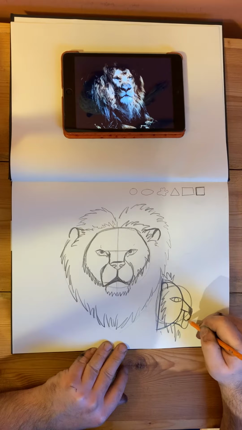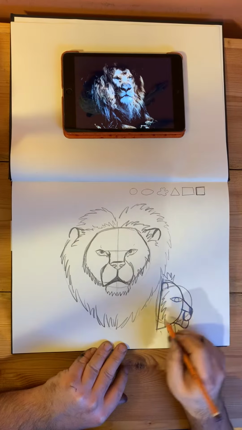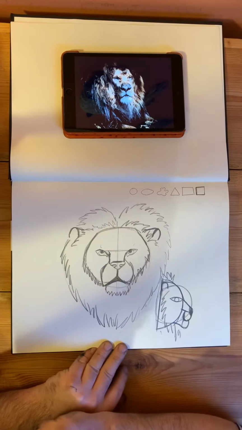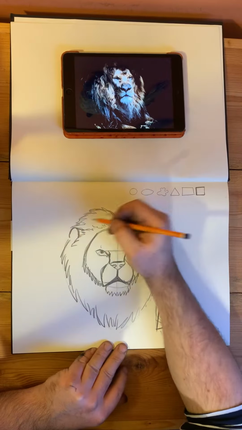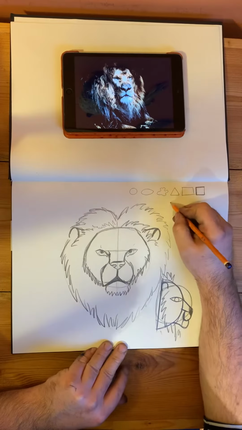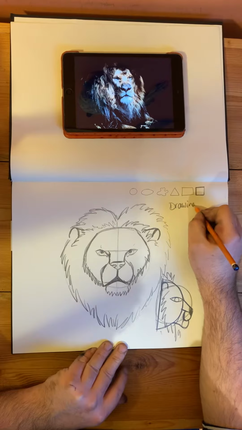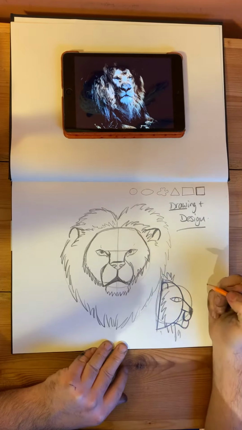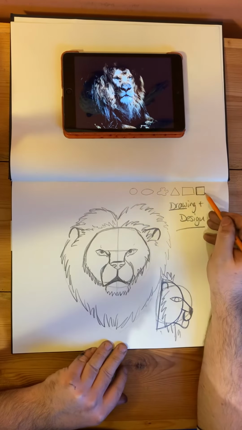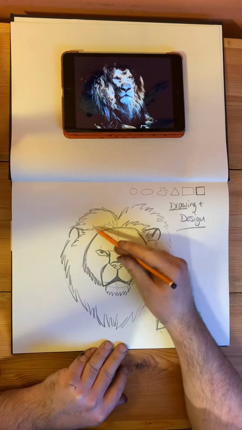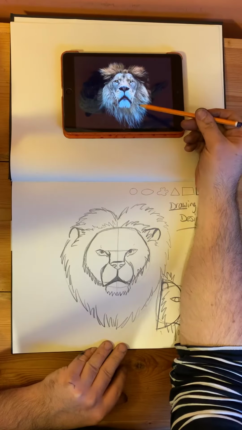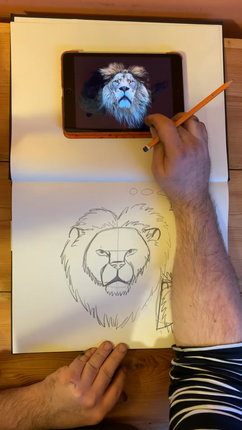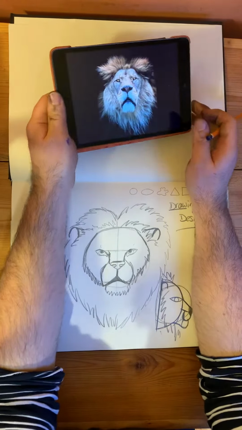So my animal head that I'm going to make will have projecting going up, sideways, and all around. Okay, so there is my drawing and design done. So I have used my very simple shapes to try and draw what I see in my photograph here of my lion, and that will suffice. So I'm going to move this to one side,